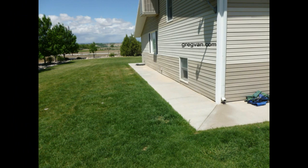away from the building. Now, this is one thing I think a lot of people really don't consider, or don't really realize, is that you can actually drain the water away. Let's just say that here you have a 3-foot sidewalk. You can actually drain the water that comes off of your roof. You can drain the water that's going to be spraying up against your building while it's raining, snow while it's melting. You can actually divert the water away from the building 3 or 4 feet with a walkway, and the